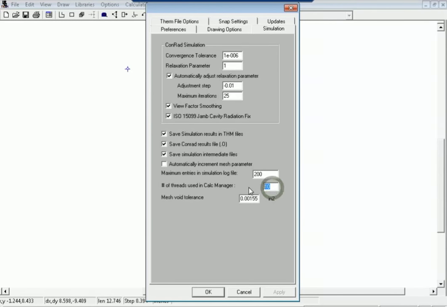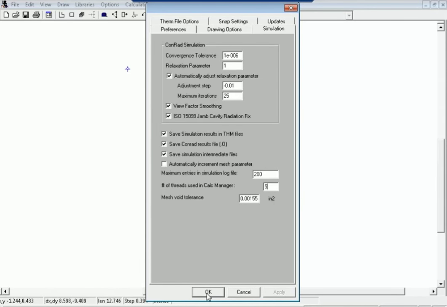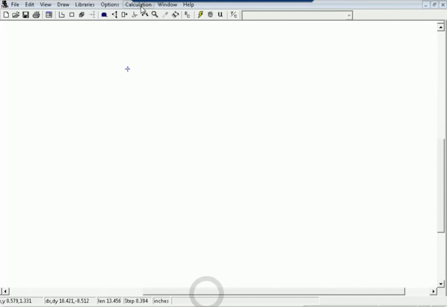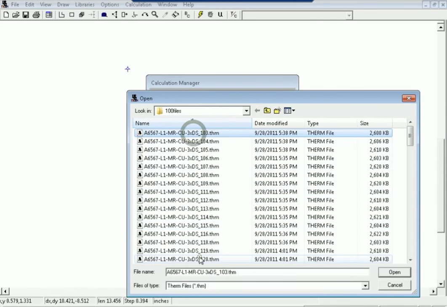minus 1. So really above 5 or 6 you're not getting much benefit because there's so much happening on the disk. But in this case, on this computer, I can probably easily run with 5 cores, 5 threads at the same time. And now if I go into Calc Manager and I add a bunch of files in,